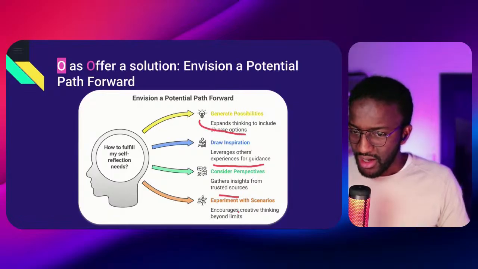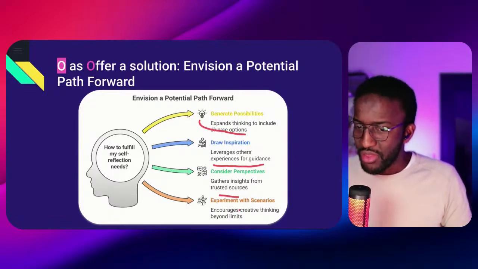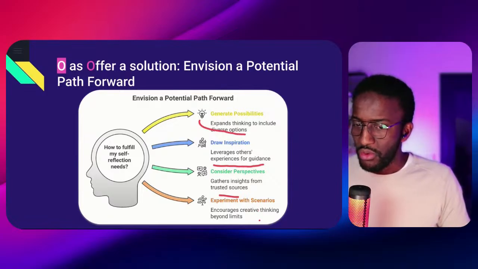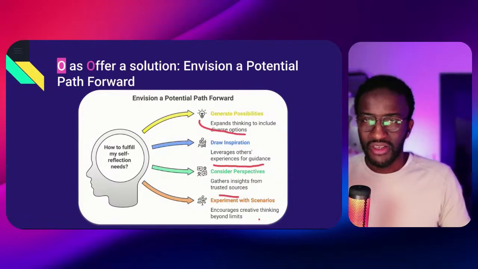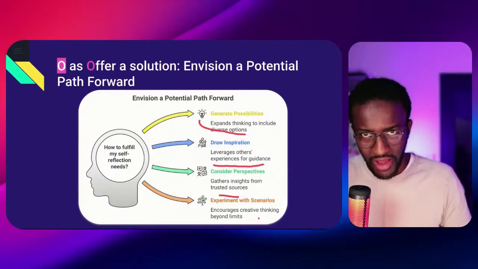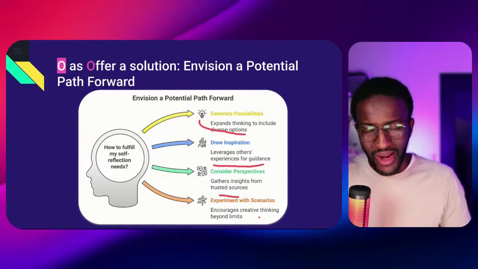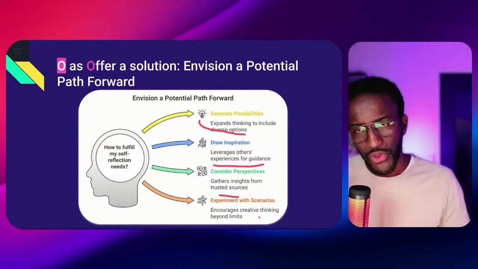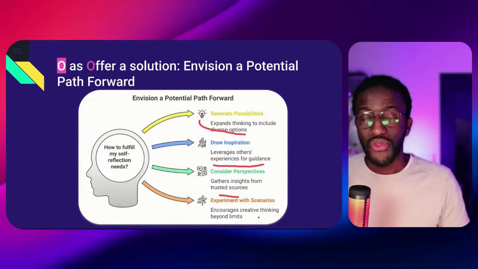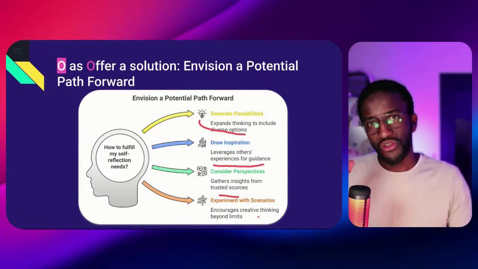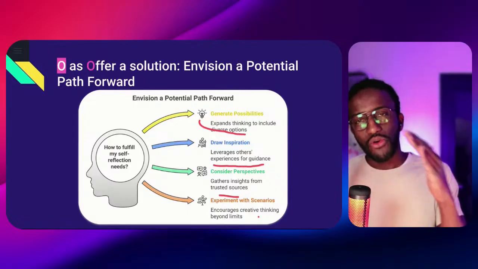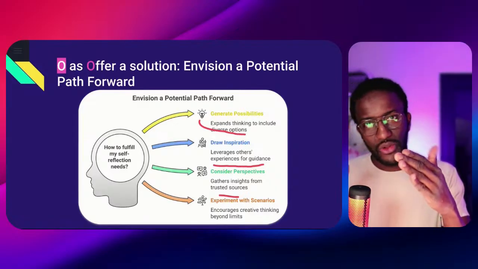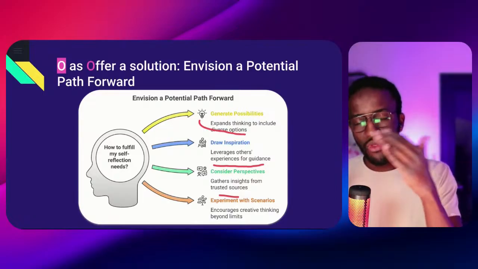And then after, you can experiment with different scenarios. So it's really about thinking beyond your limits. Don't limit yourself at this stage. Really try to go kind of crazy. Try to write down all the potential solutions. And as I said earlier, what is really important is to have those solutions aligned with your values, because you want all your potential solutions to the problem that you have to be aligned with your values.